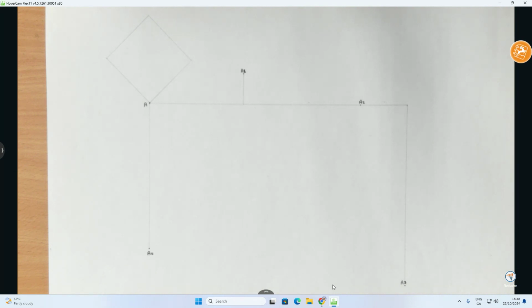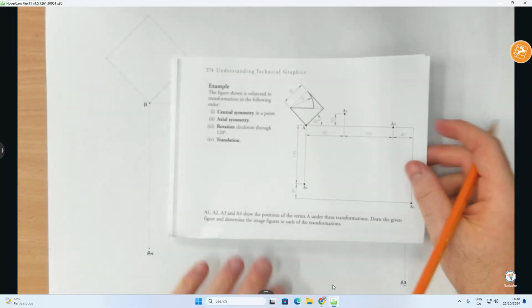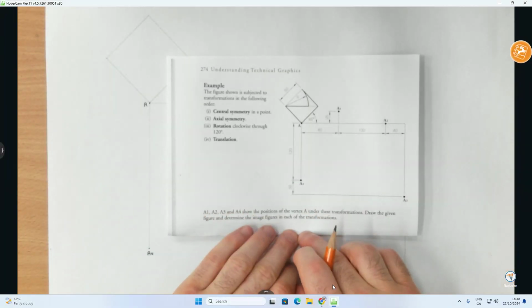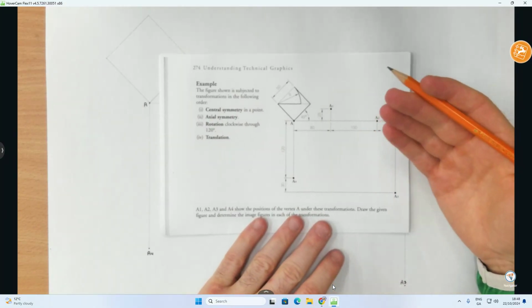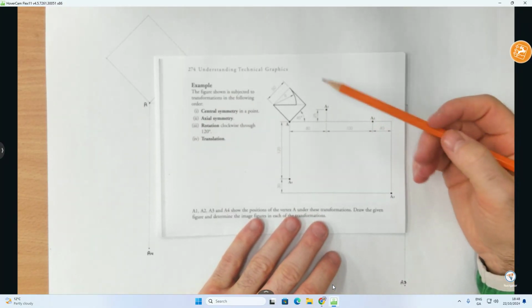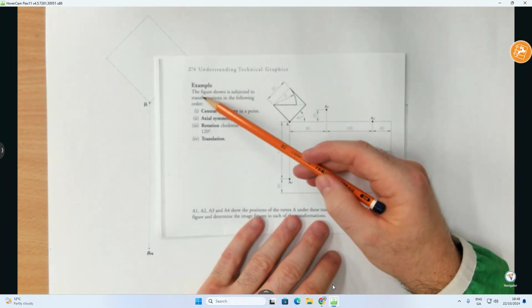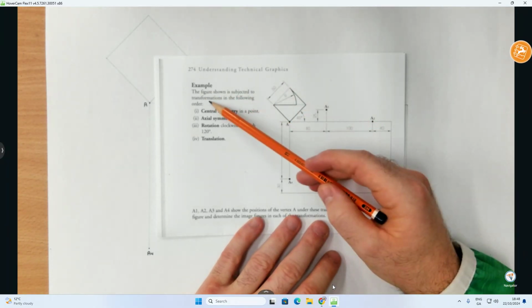Hi folks, in this video we're going to complete a question based on the topic of transformation geometry. This question comes from the Understanding Technical Graphics textbook and it would have been aimed at the old higher level technical graphics course. It says here, the figure shown is subjected to transformations